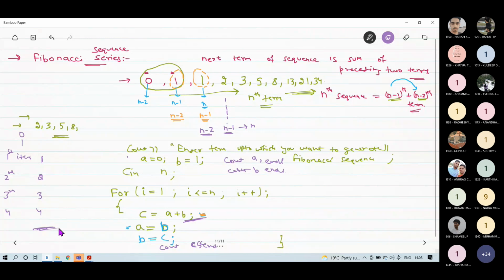this particular program is actually generating n number of terms after this 0 and 1 number. So basically, this for loop will generate n terms, and first and second terms we have printed before the for loop.